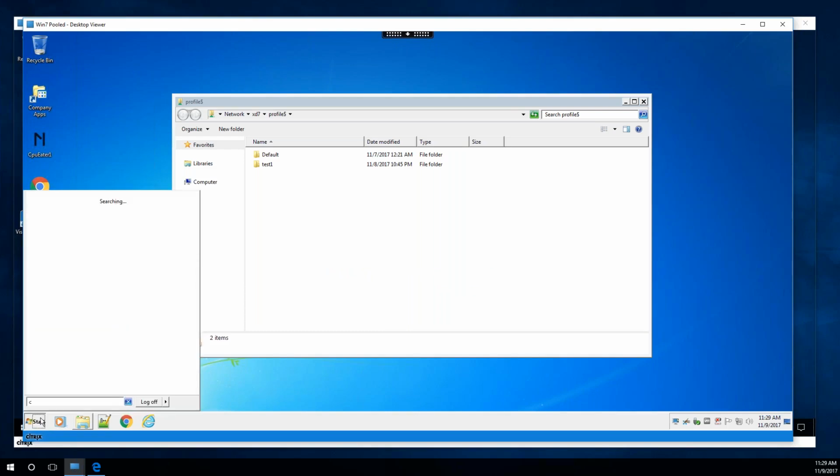I can no longer get to my C:. Nothing's there. I can no longer get to UNC paths. So as soon as you disable the run, you have now really neutered your ability to do anything.